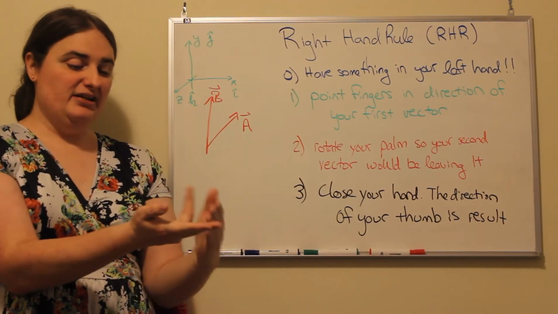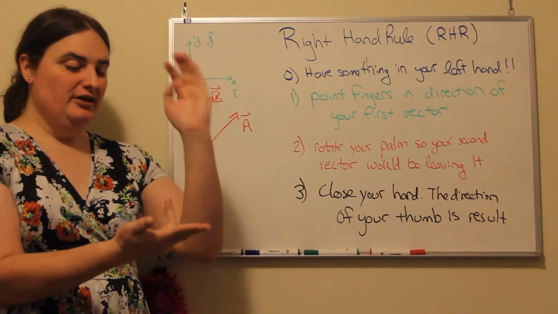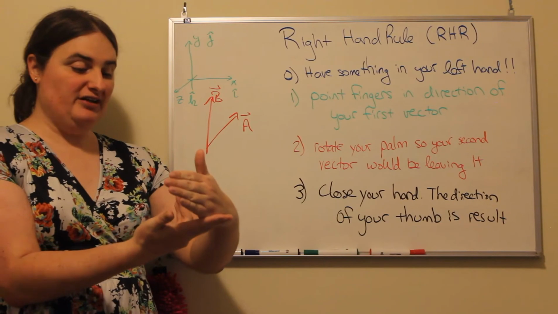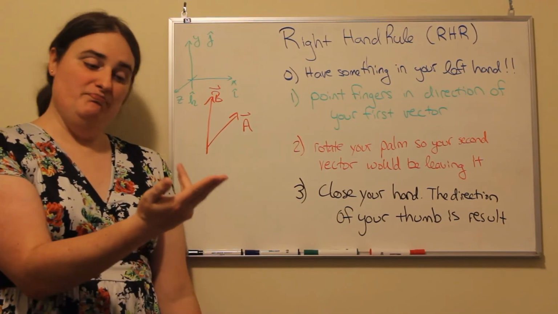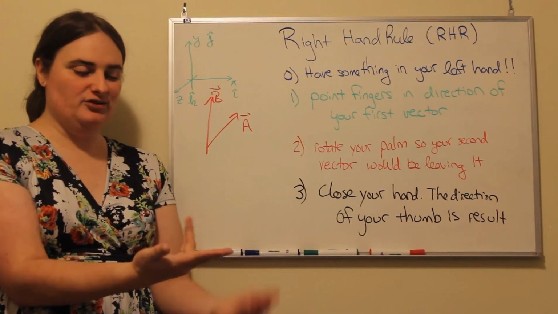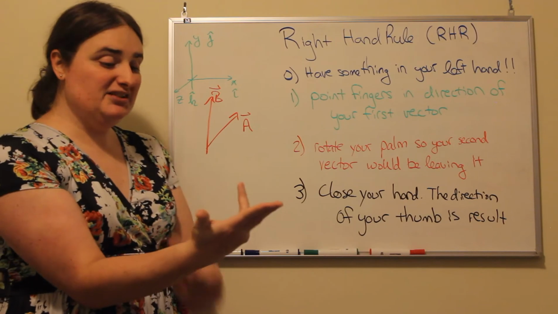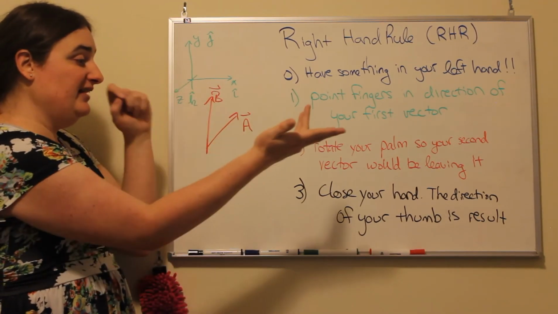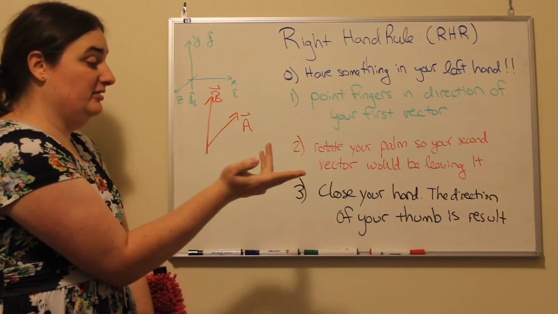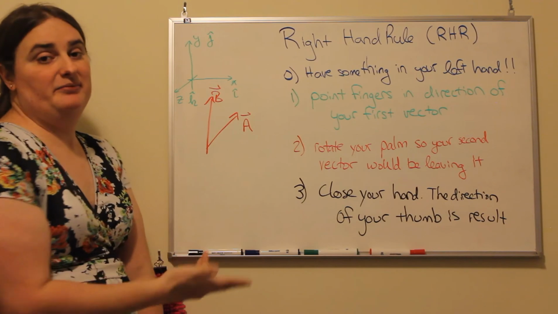Then take your second set of fingers, bend them at a 90-degree angle. So this is going to be your first vector, your pointer fingers. This is going to be your second vector, the middle if it's in a finger gun, or the other two if it's in a modified Vulcan salute. Your thumb is going to give you the direction of that third axis. So that's why if X is along the horizon and Y is straight up, Z is coming out of the